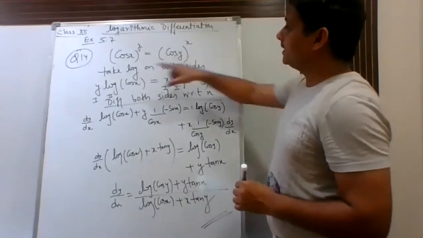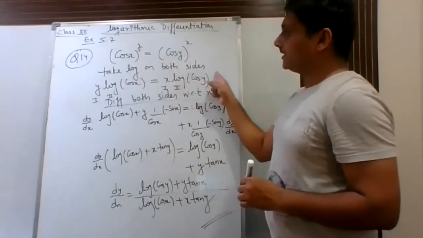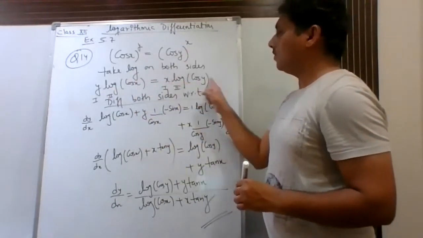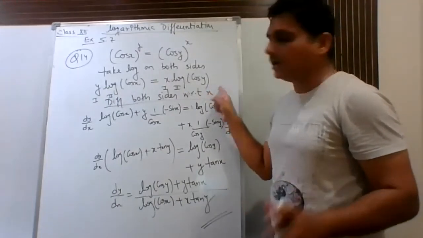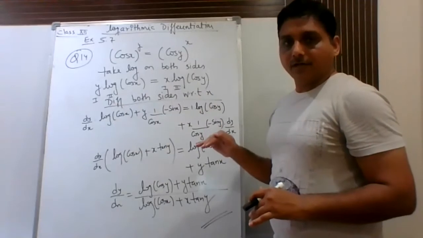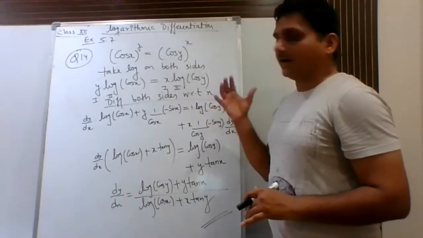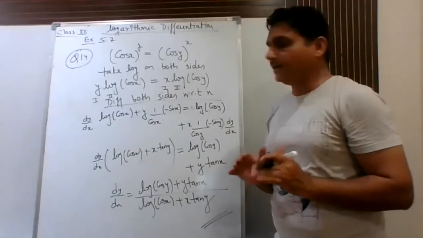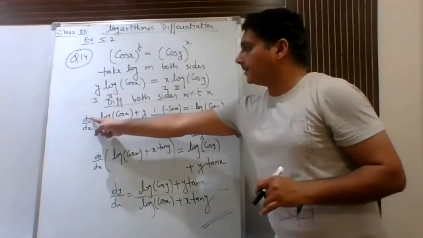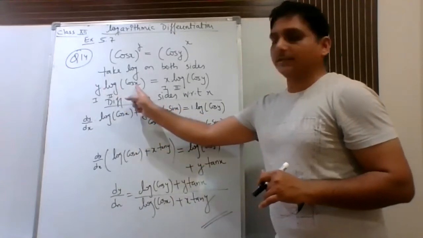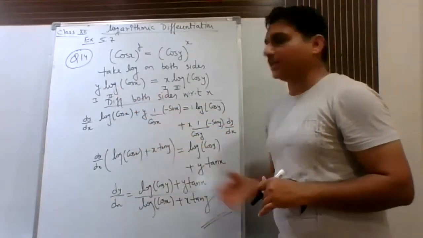So the main thing is when we have taken log on both the sides, it will become y log cos x equals x log cos y due to the third property of log, so that we can differentiate both the sides. So when you are differentiating, you have to take care of that y. Whenever you are differentiating y, you have to write dy upon dx, right? So this y can be written as dy upon dx log cos x plus, then we have to take the derivative of log cos x using the chain rule.